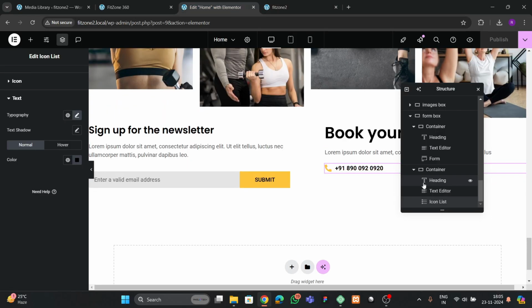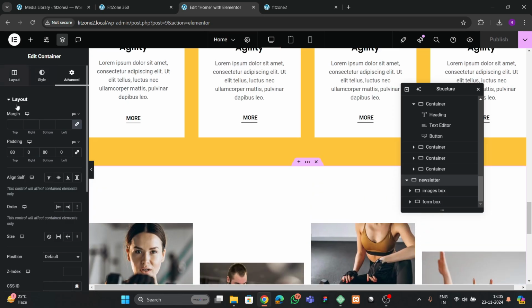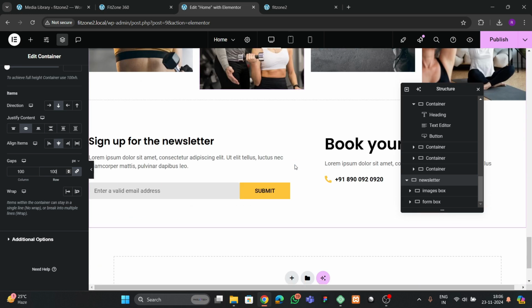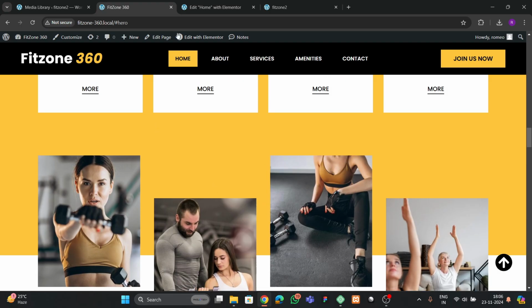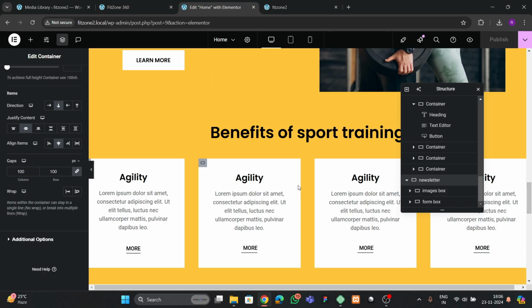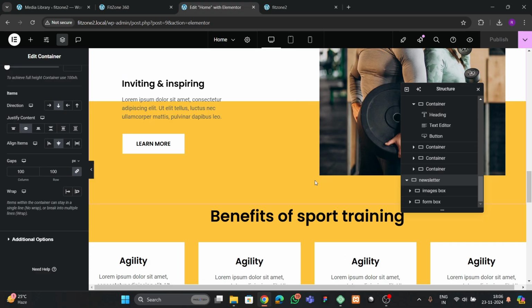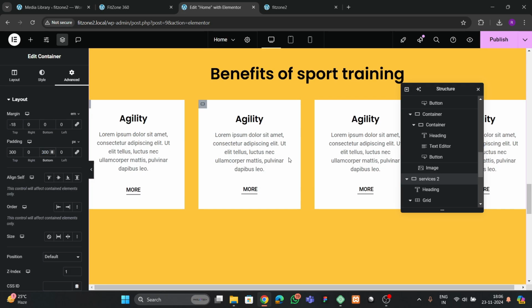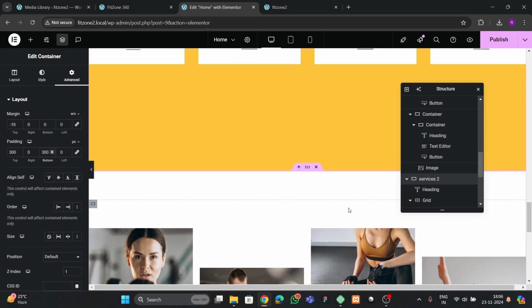So let's put some gap to this. So we have to go to the newsletter which contains these two boxes, go to the layout, and we can make this center and center. Here we can put it 100 pixel gap. Okay, so now you can see that this is overlap to the top. So for that what we can do, we can go to this services section, and here we have to enter 300 pixel below like this, and